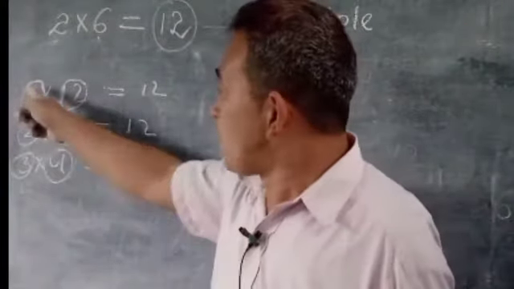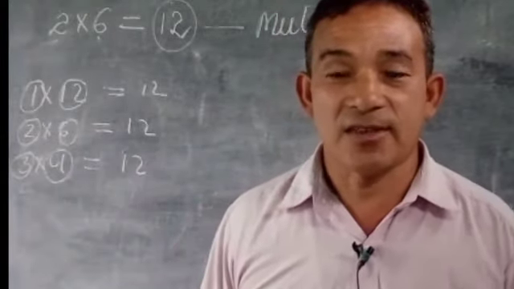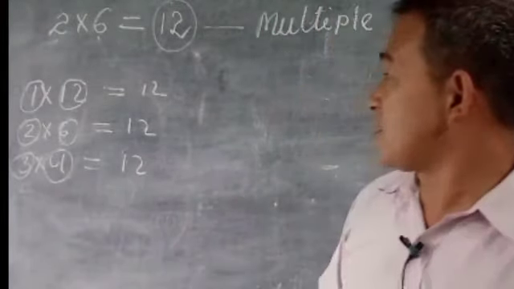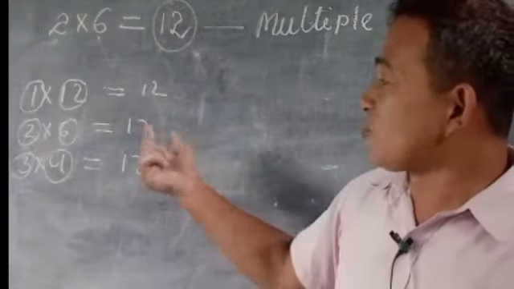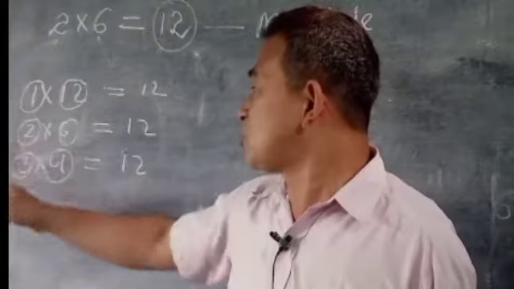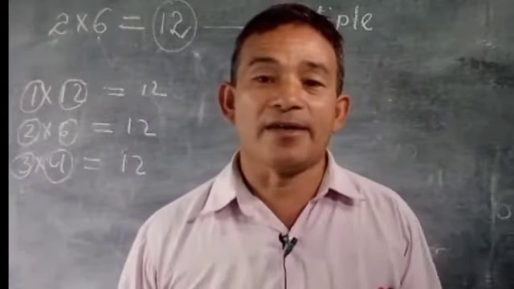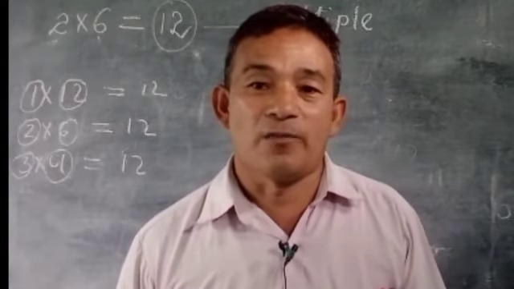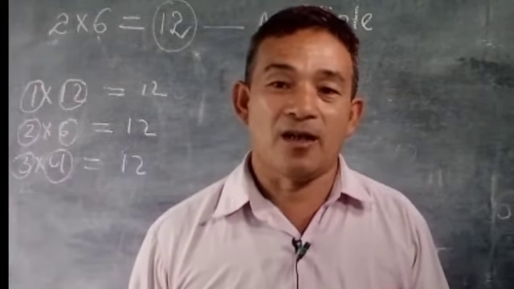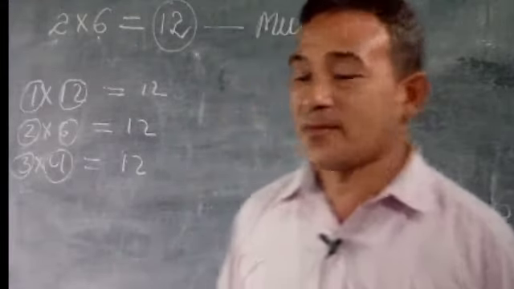That means we have 6 numbers. There are 6 factors. This 12 has a total of 6 factors, and they are 1, 2, 3, 4, 6, and 12. This is how we find the factors of a given number. Okay? Now,